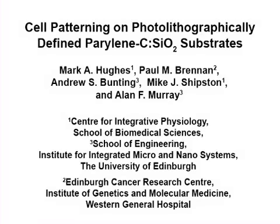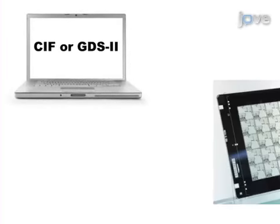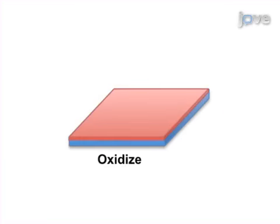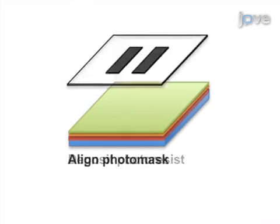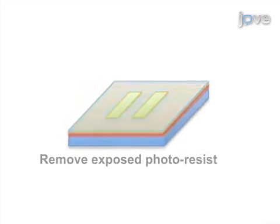The overall goal of this procedure is to pattern cells on silicon dioxide surfaces according to a predefined underlying design of Parylene. This is accomplished by first creating a photomask of the desired pattern. The second step is to oxidize and then coat a silicon wafer with Parylene. Next, photolithographic processes performed in a microelectronics cleanroom facility are used to selectively etch the Parylene coating to reveal the